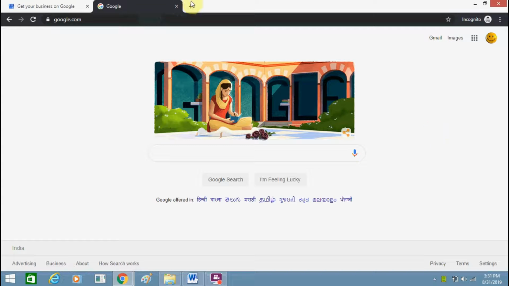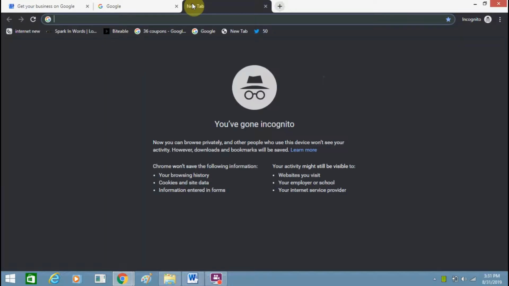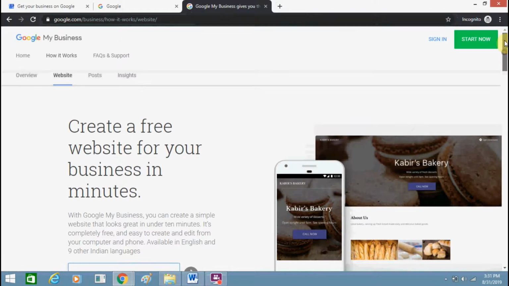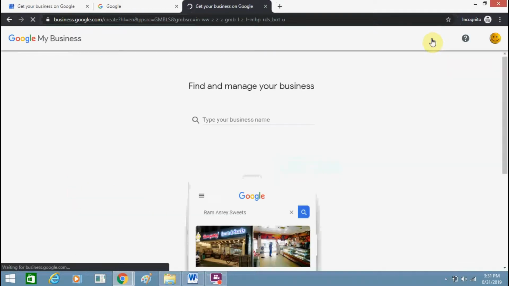Google. For this you need an account with Gmail, and you can see here I am opening business.site, and here you need to log in with your Gmail ID. Here you can enter your domain name or business name, whatever you want. For example, I want this name.